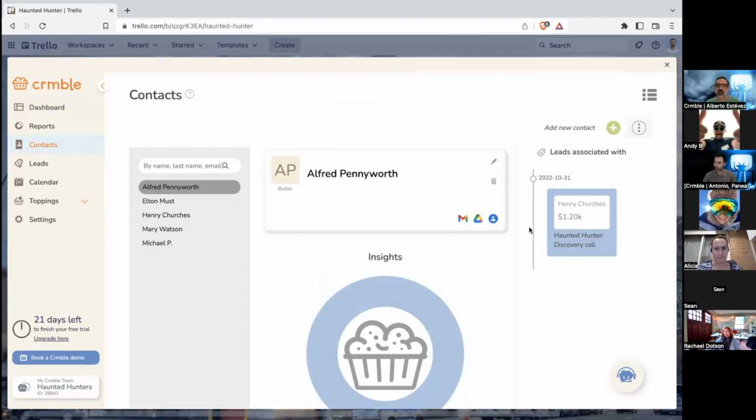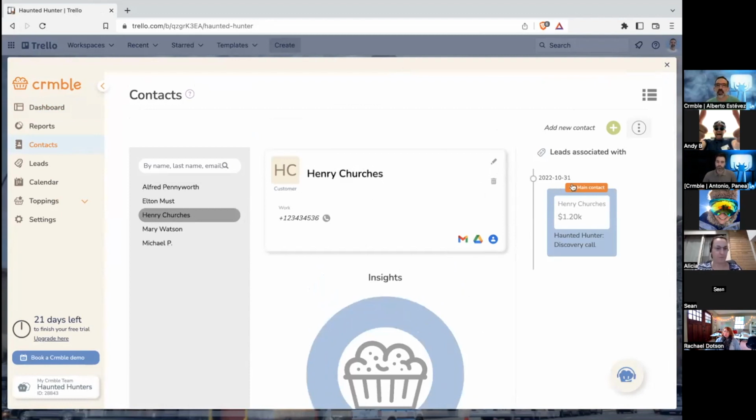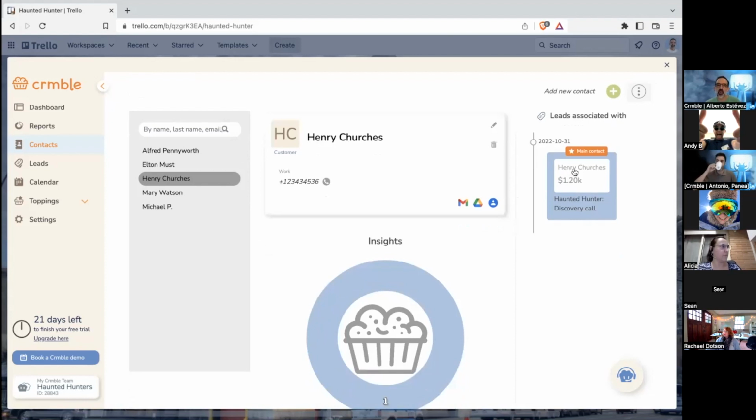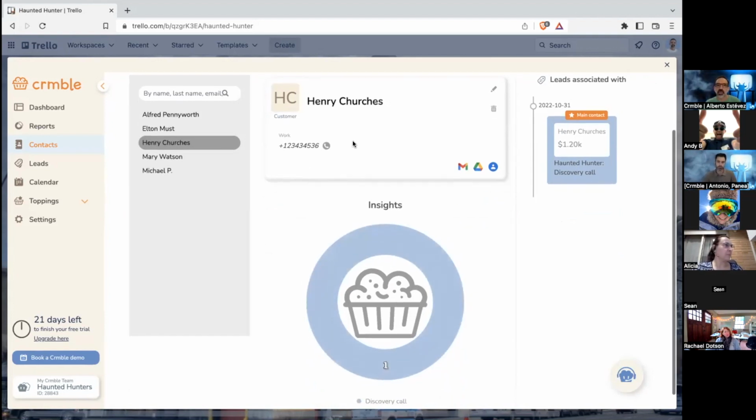It's a summary. So it will show you here, Henry Churches is the main contact of this lead. It's going to show me, in the form of a chronological order, the cards Henry Churches has been linked to. We are actually planning on adding more insights here about the total amount of business Henry